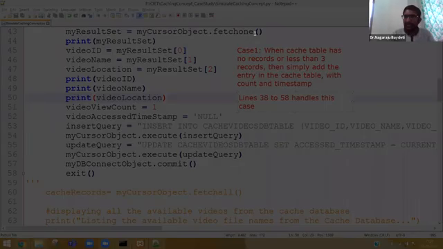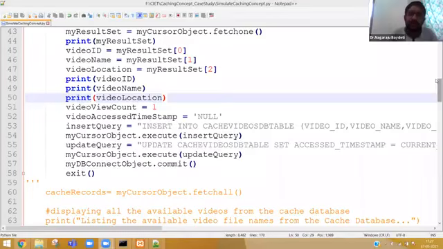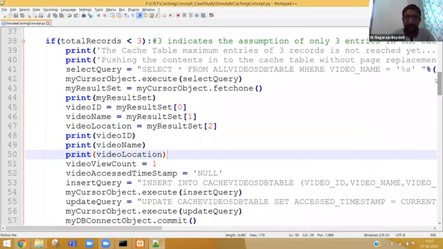So the cache table is empty. Imagine you brought a new refrigerator. Initially, nothing will be there in the refrigerator. One after the other you will keep things. And when it is full, still if you want to keep something, you will remove something which is old and keep a new thing. Same concept. If total records is less than 3,